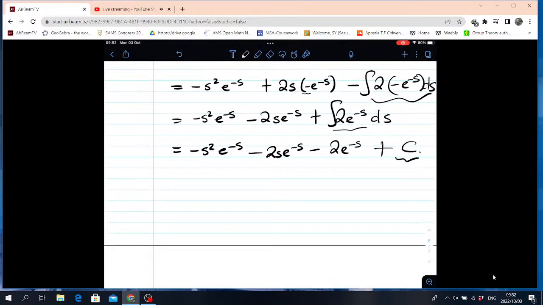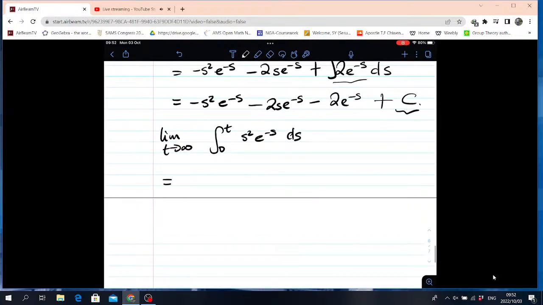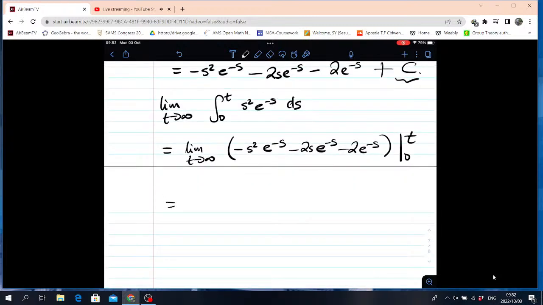So now we've got an indefinite integral, so we can say the limit as t tends to infinity of the integral from 0 to t of s squared e to the minus s ds is going to be equal to the limit as t tends to infinity of what we got inside there, so minus s squared e to the minus s minus 2s e to the minus s minus 2 e to the minus s, like that. And then we put our bounds there, right? And then from there we can then evaluate